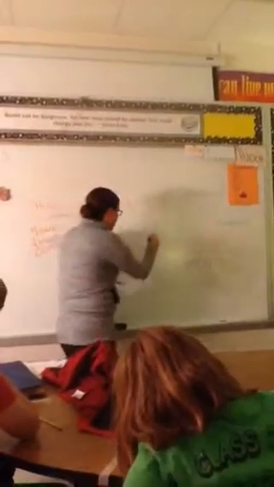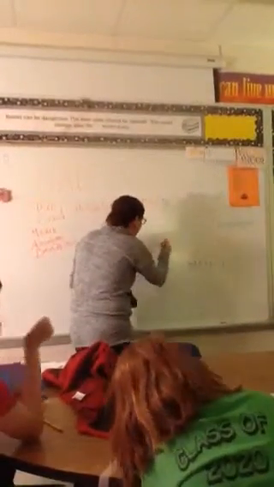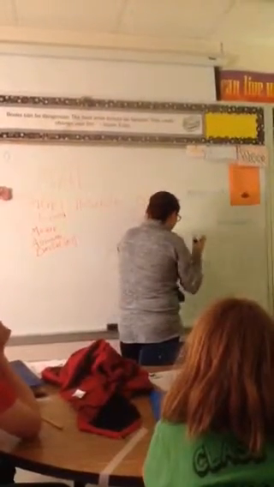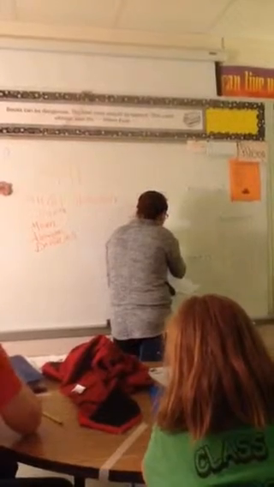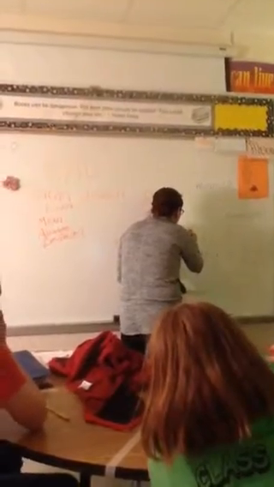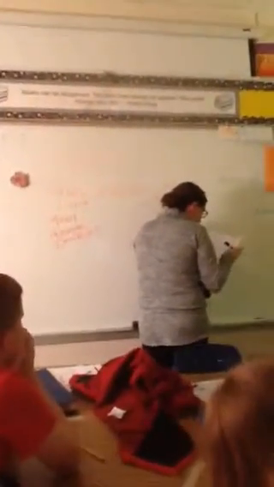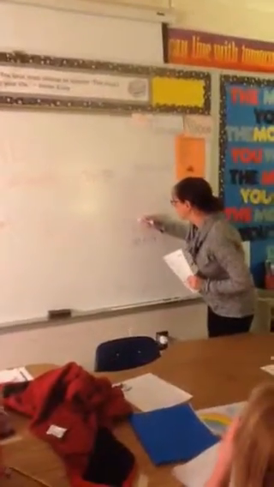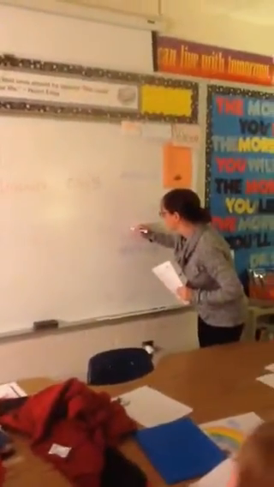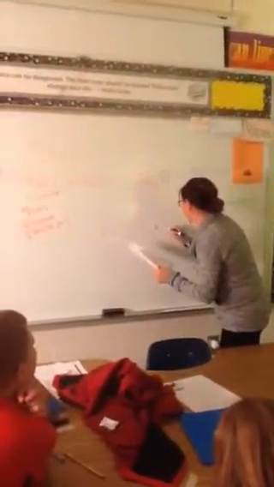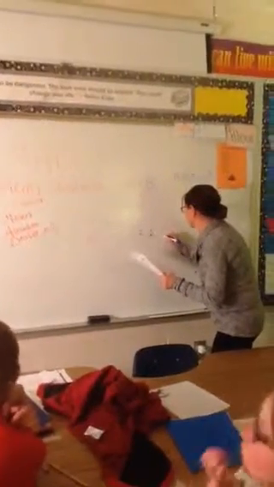For city B, we've got 1, 2, 3 dots on 54. We've got 1 dot on 58. We've got 4 dots on 64. We've got 1 dot on 67. And we've got 3 dots on 72. Okay, so we're going to call this 54, 58, 64,